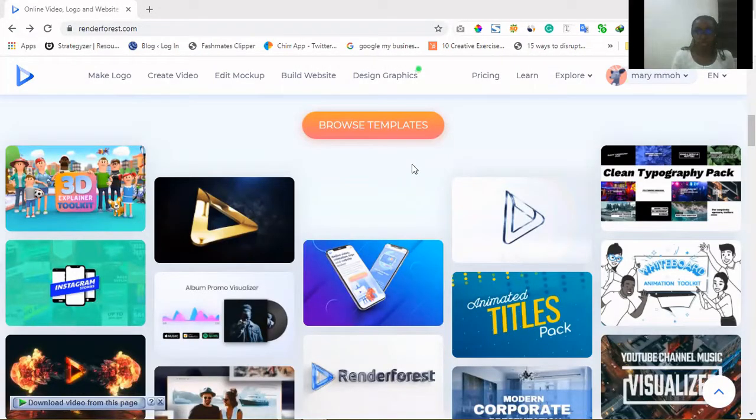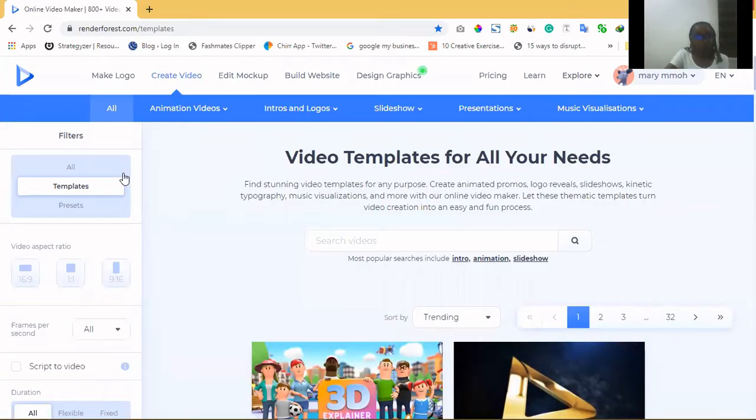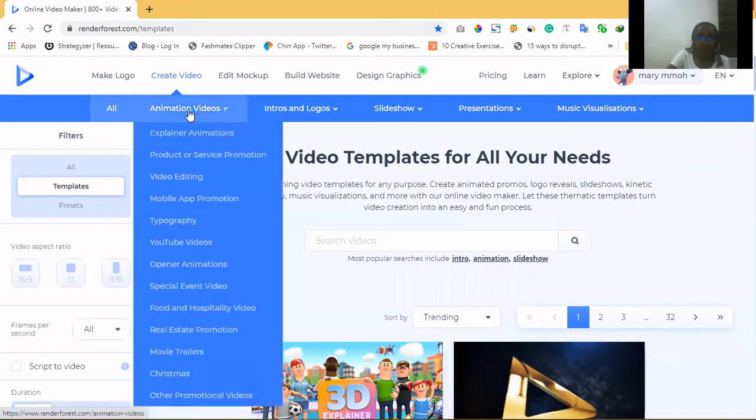The first thing you need to do is, of course, register. When you register, then you go to create video. When you are on the create video page, you are given different options if you want to create animation videos, such as explainer animation, product or service promotion, video editing, mobile app promotion, a lot of them, even